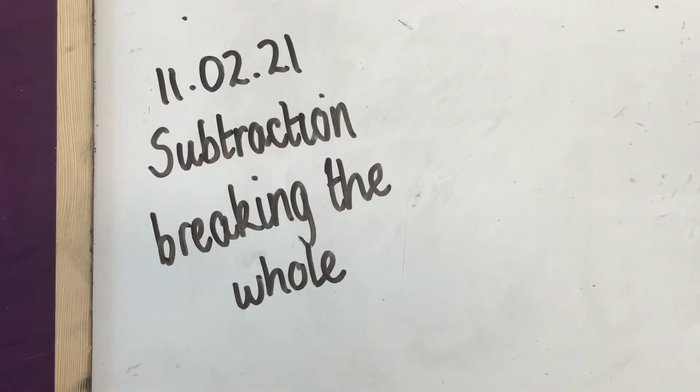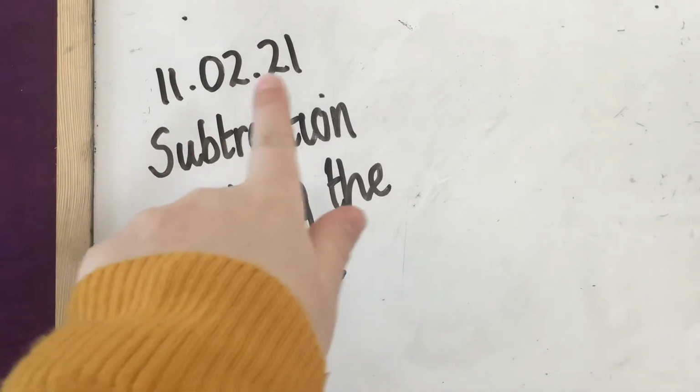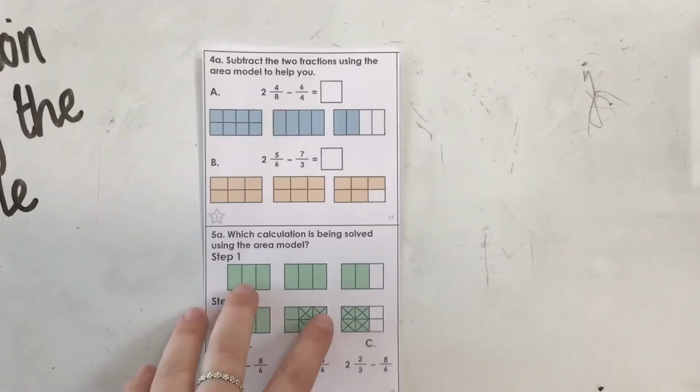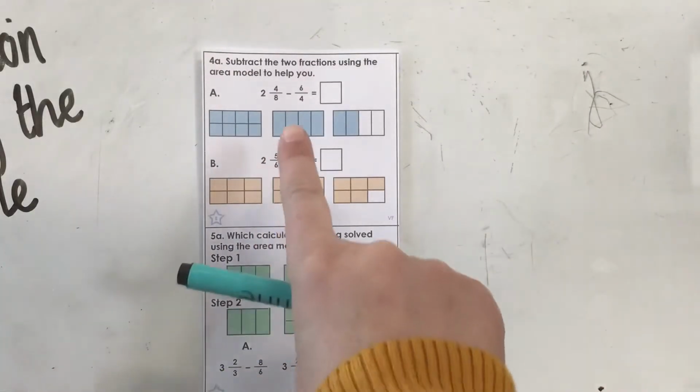Hello Year 5, back with another maths video today, and it's the 11th of the 2nd, 21st, and today we are looking at subtraction and where you have to break the whole, and that is all where we have mixed numbers and you might have to take a fraction away from a mixed number, but we're going to go through some examples together. So I have some questions here that we're going to work through, and my first one is